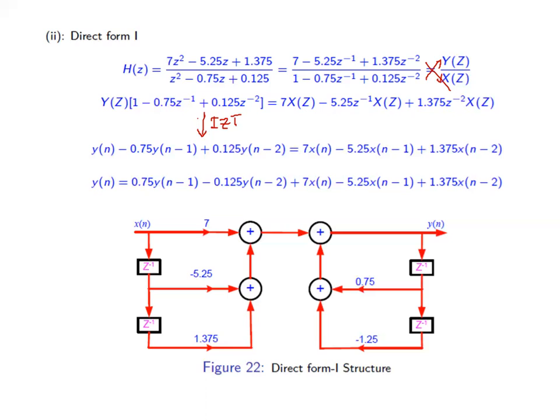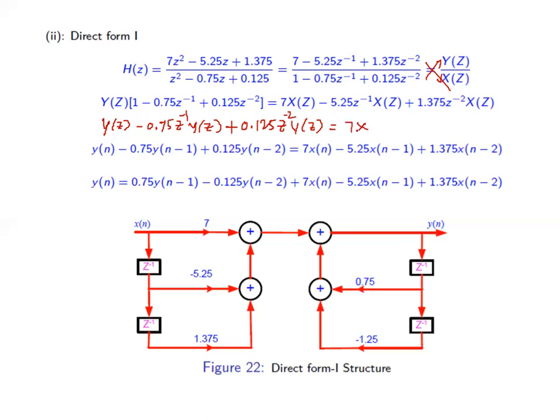if you just see this, here if you simplify this equation a little more, one more step, we will get y of z minus 0.75 z inverse y of z plus 0.125 z power minus 2 y of z, which is equals to